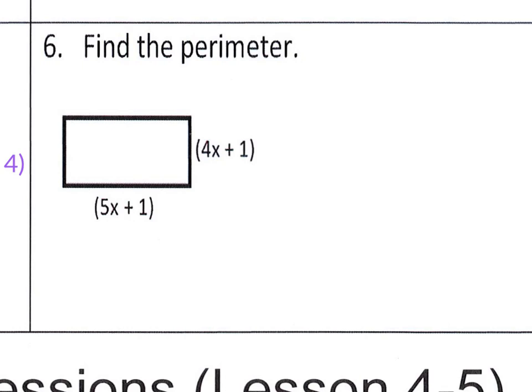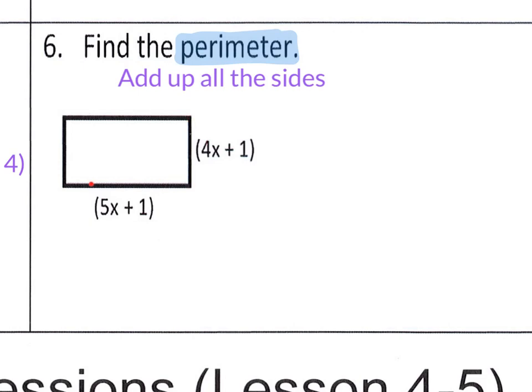Okay, so again, in number 6, we see this word, find the perimeter. You cannot answer these questions if you don't know what perimeter was. So perimeter means add up all the sides. So this time, go ahead and write that underneath. Add up all the sides. I want you to get in the habit of knowing when we see perimeter, we need to add up all of our sides. So my sides here, well, if I look, I only really see 2 sides labeled for me,